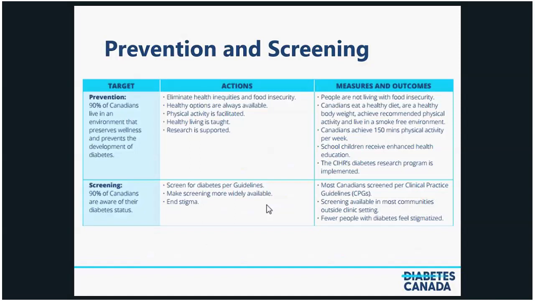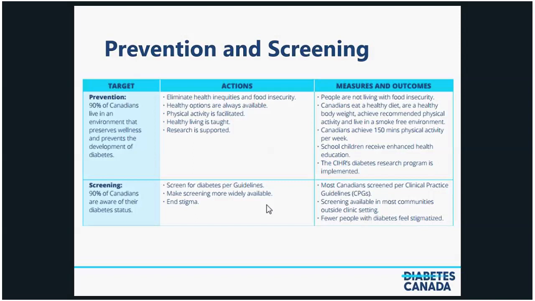We want to make sure that physical activity is facilitated, and we were fortunate to have Participation involved in developing this strategy, and we can really leverage their expertise in helping get Canadians moving, starting from school kids all the way up to adults. The government recommends that we all get at least 150 minutes a week of moderate to vigorous physical activity, and so we have to support that and find ways to ensure that for all Canadians